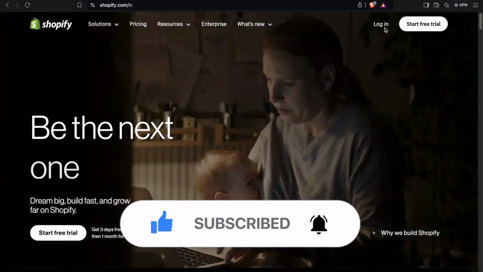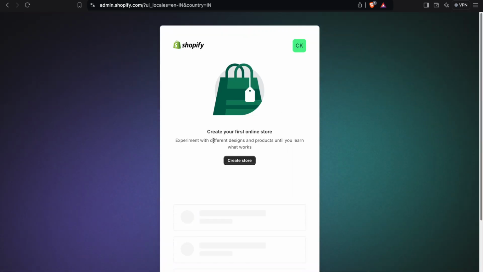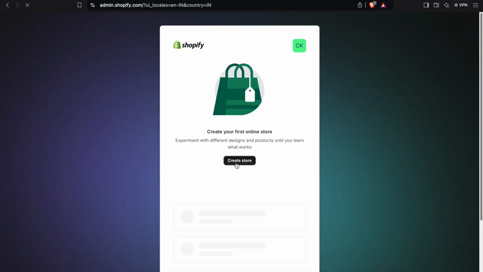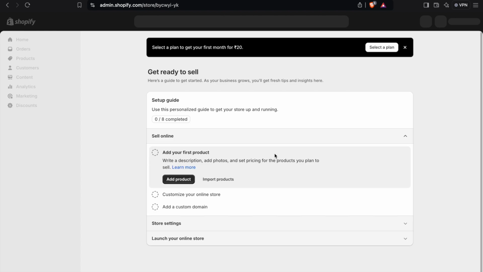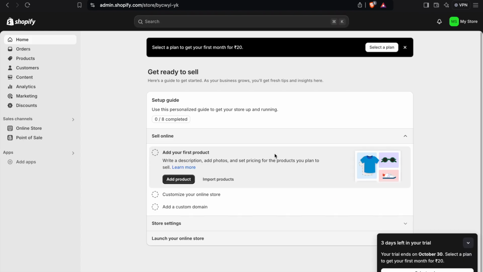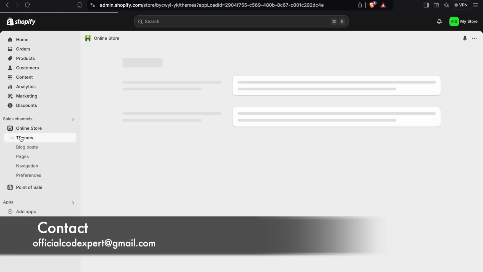Alright, so let's log into the Shopify account, and once you log in you will get something like this. And if you don't have a store, just create the store. And your store has been created. If you have your own store, then you are welcome to skip this step. Let's go to the online store,